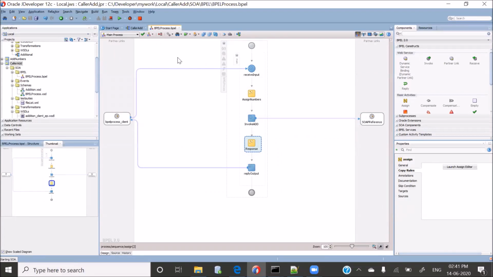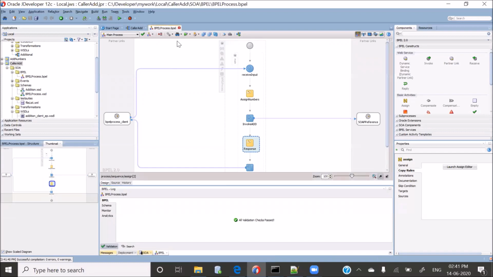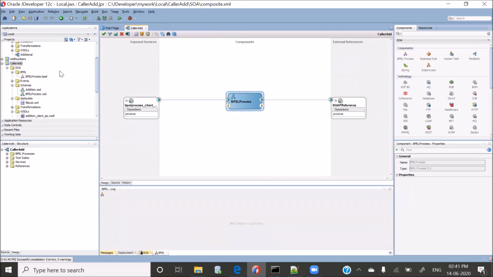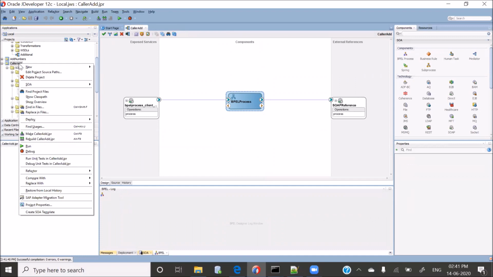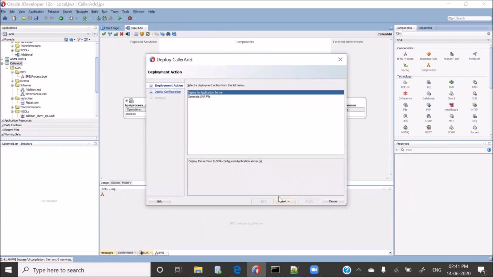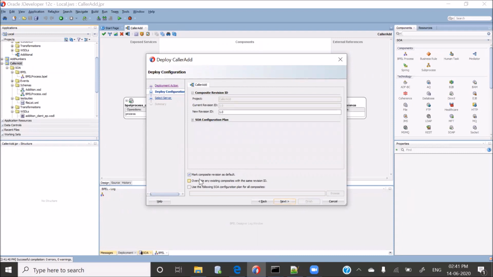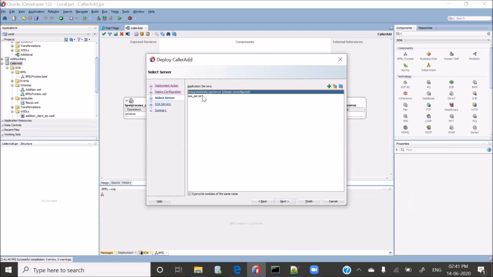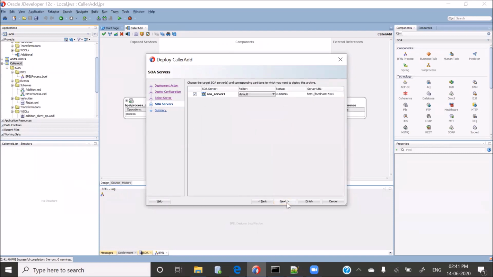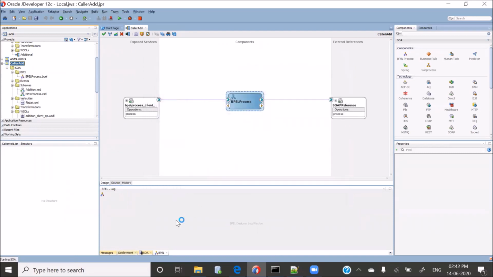Okay, so let me deploy this composite. This caller add, I will deploy this composite. To SOA server 1, we are going to deploy the composite.